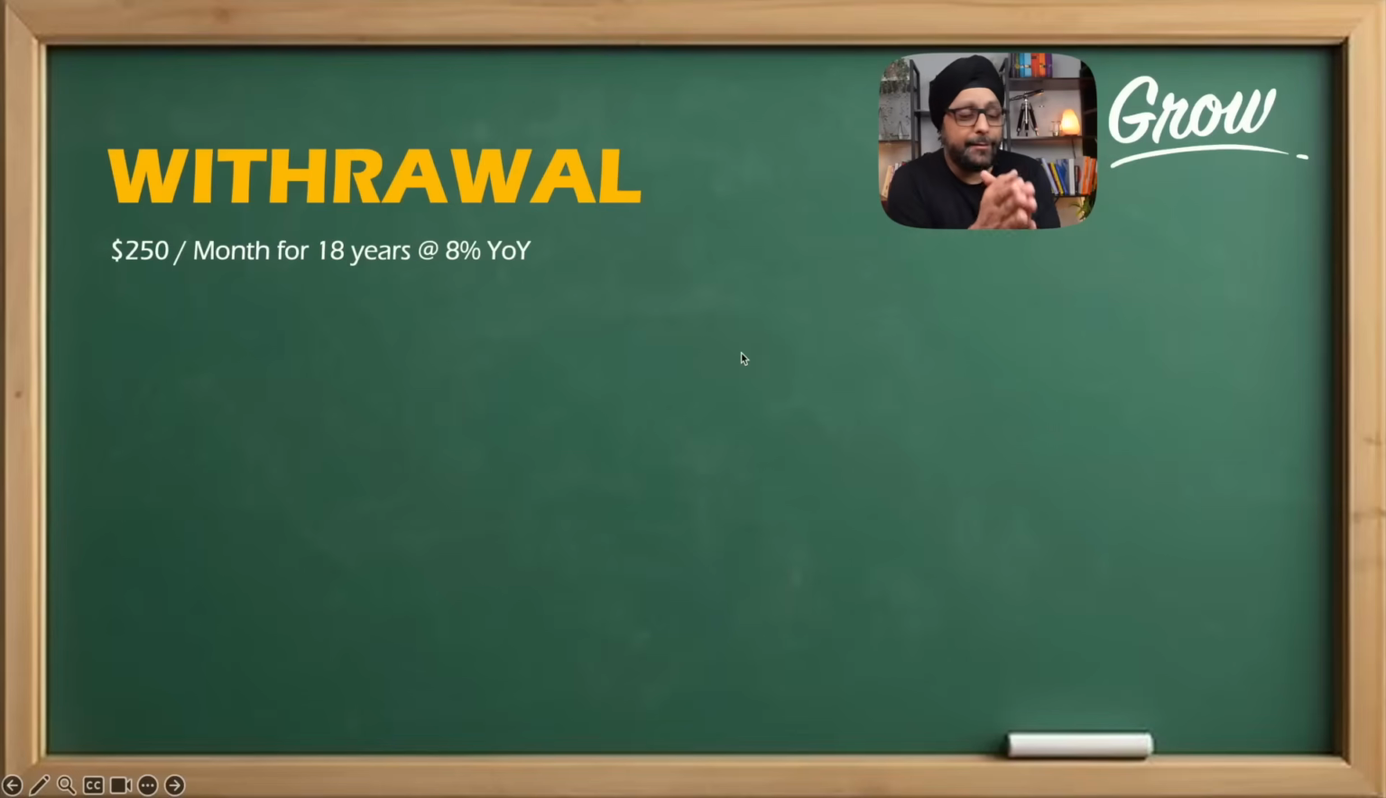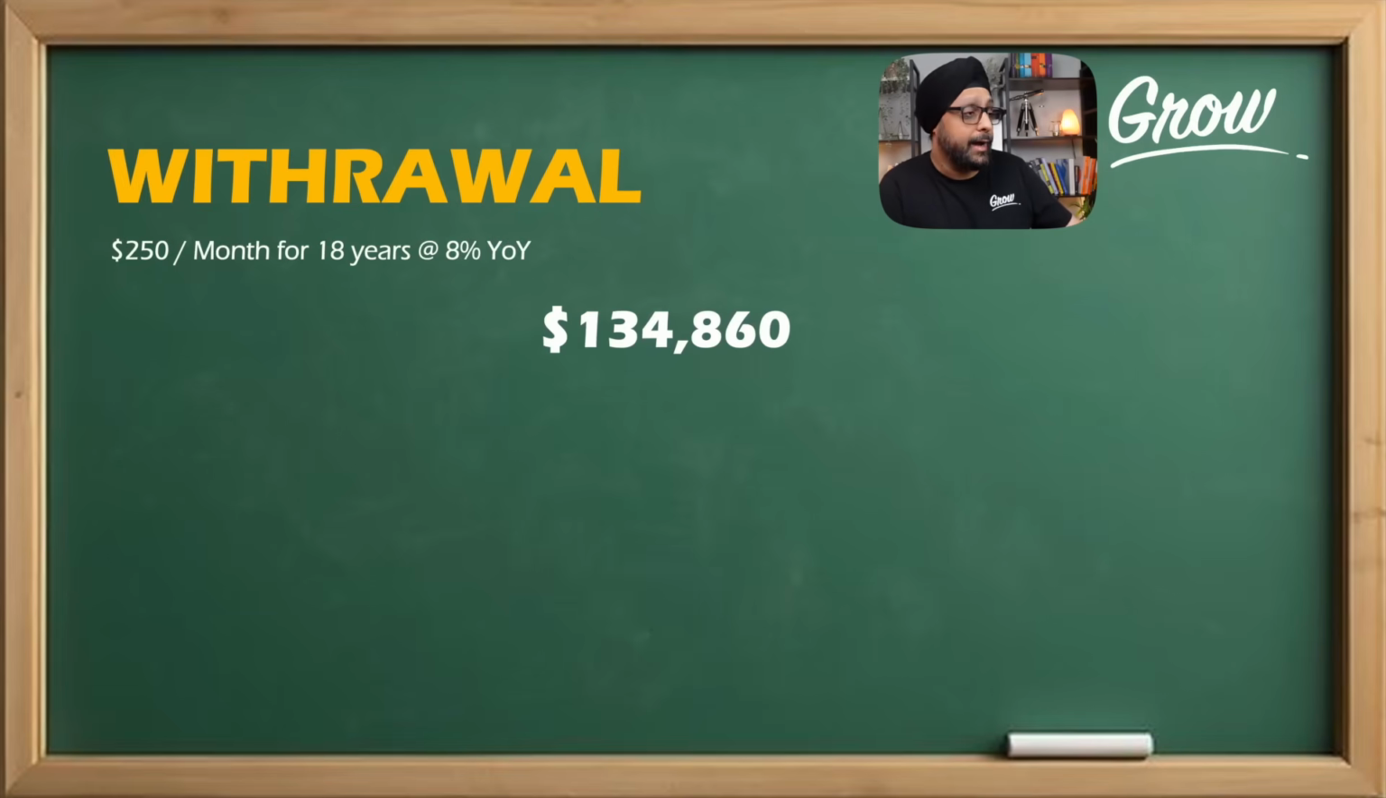Now let's talk about the big one. How do we withdraw money for our education, or in a rare case where the kid actually does not complete education or does not go for higher education, what happens then? So let's talk about withdrawal. Now let's talk about this example where I invest $250 per month for 18 years at, let's assume, 8% year-on-year return. It could be more, it could be high, we don't know that. And that actually compounds to about